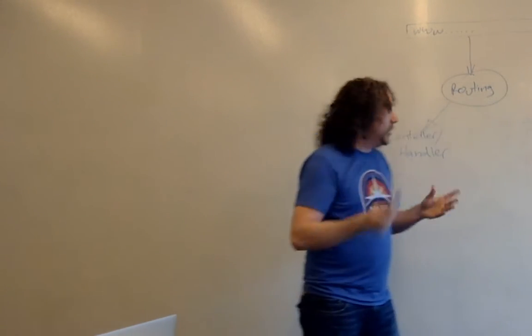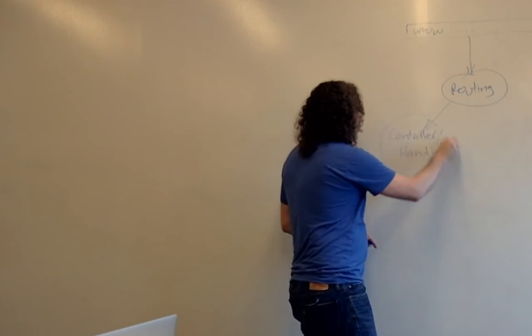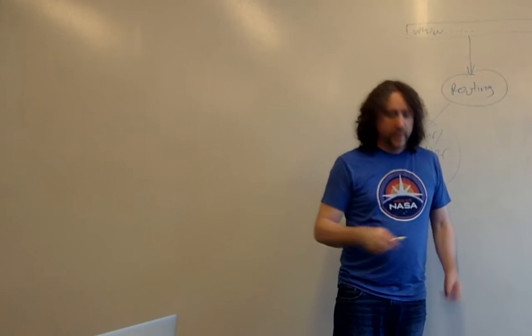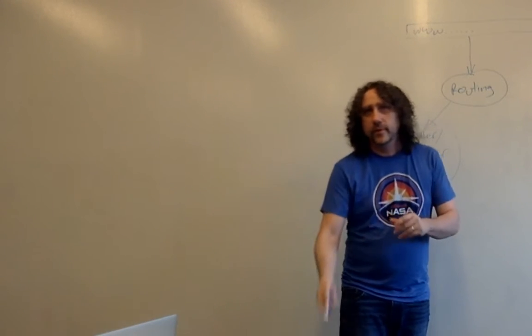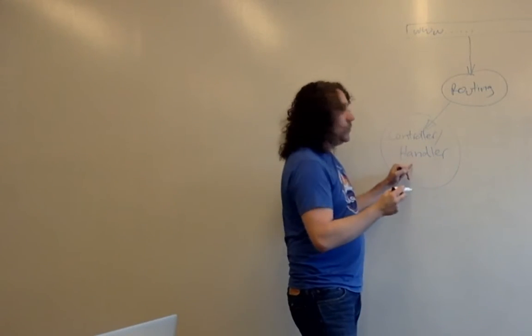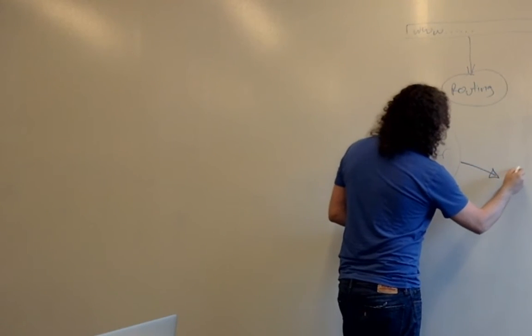So once we've got our controller handler, what do we normally need to do? What's normally happening is that this is going out to a database,